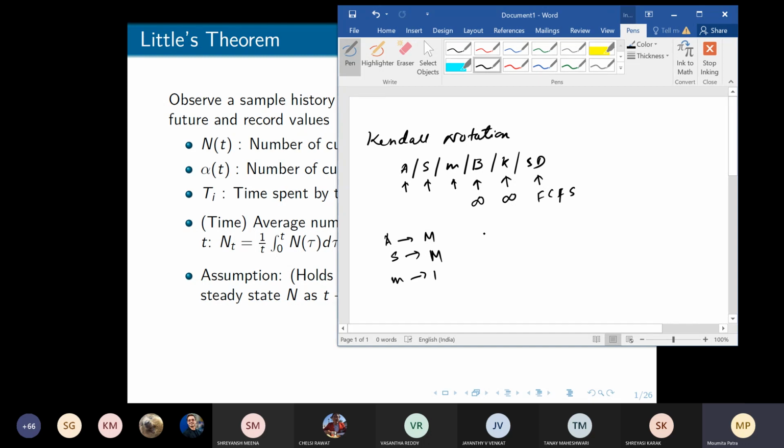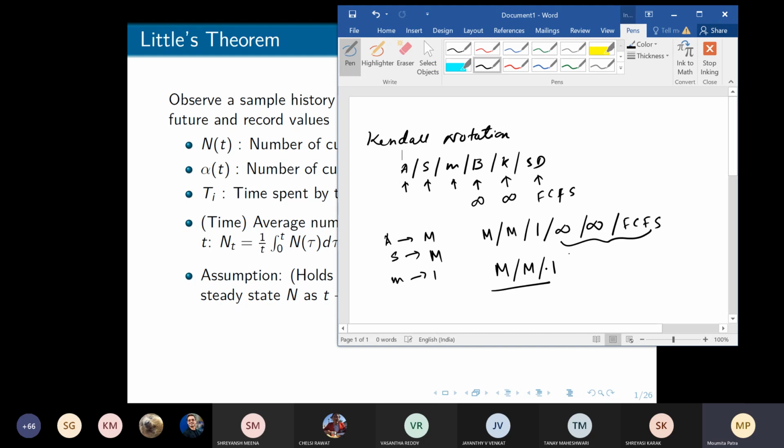Okay. So how do we represent the Kendall notation? It should be written as M/M/1 slash, population size is infinite, K is infinite, and SD is FCFS. So ideally it should be written like this. But writing this much every time is too much, right? And anyways, these are your default scenarios that you are considering. So in general, if these are default, by default infinite, infinite, and FCFS, we simply write it like this,